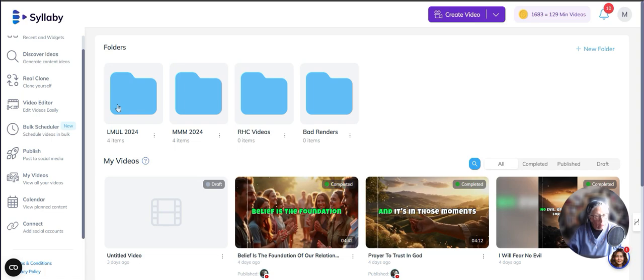I can download them as well to my own computer or to my backup hard drive. So I can use them on other platforms if I don't have anything opened yet. So maybe I want to open an Instagram account next month. I can download these if I wanted to, because you do have a certain storage limit on this platform. But I have them so that I can download them and they're mine.